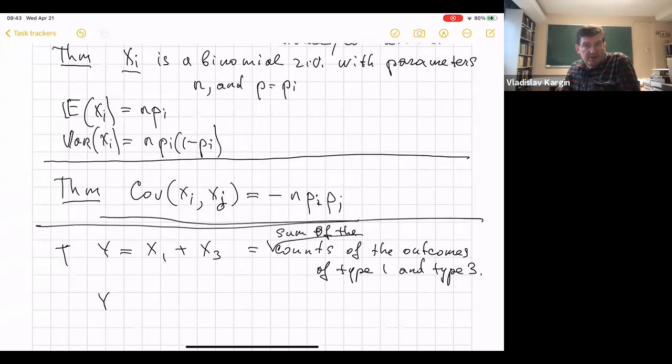So you count the number of successes in a binomial experiment, essentially. So you can see that Y is a binomial random variable with parameters